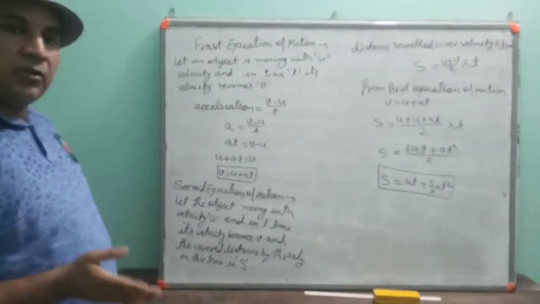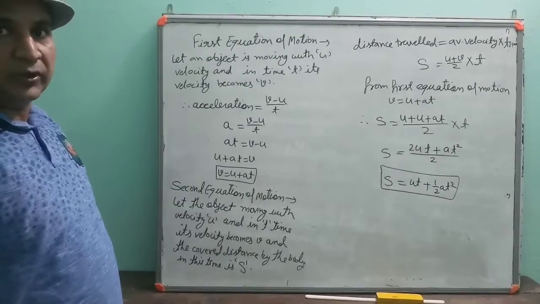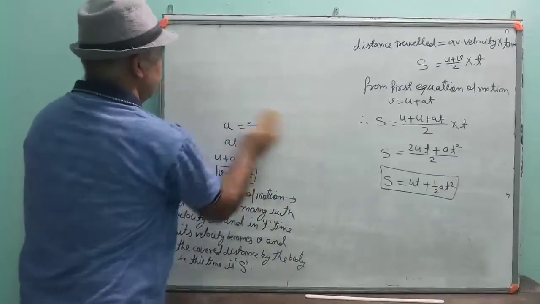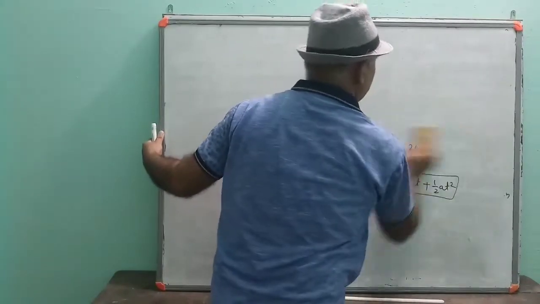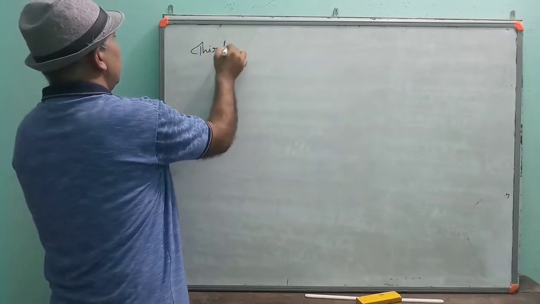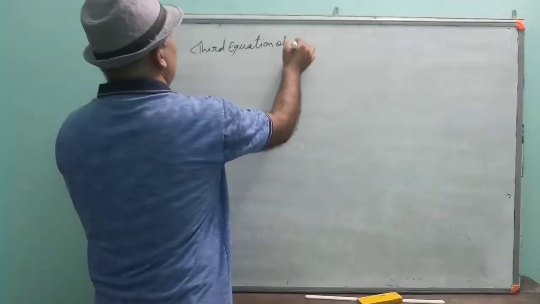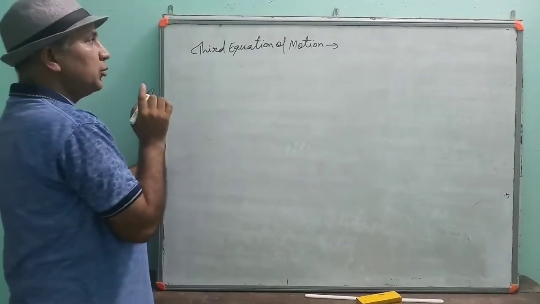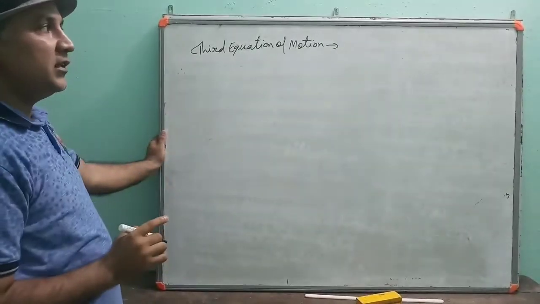Understood? Now pause the video and note down these things. Then after I am going to tell you the third equation of motion. Okay? Now see the third equation of motion. So children, to find the third equation of motion, again we will take the help of the formula distance traveled is